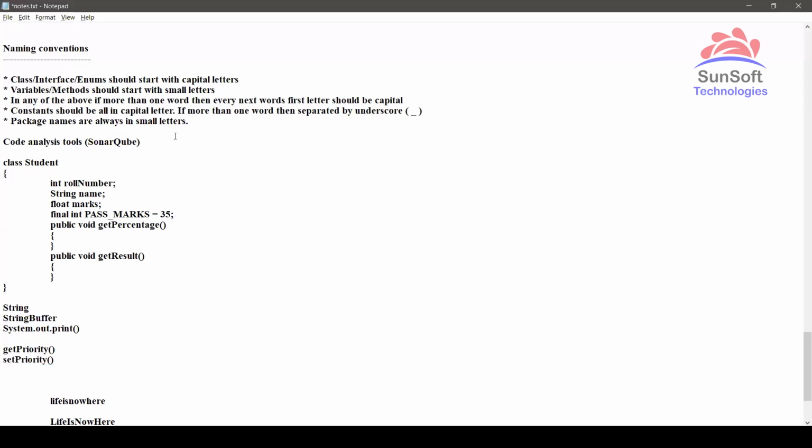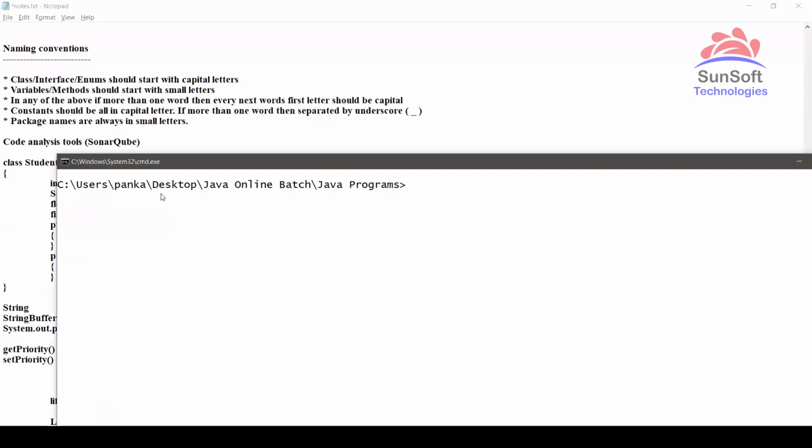Now, one of the best things I'll show you now is how to see the details of any inbuilt class. To see the details of any inbuilt class, we have a tool called javap. Now see, javac, java, javap, all these tools are there in the JDK bin. So once you set the path to JDK bin, you can access all these tools. So javap and one of the root classes in Java. Root class means the superclass for all the classes in Java, that is the Object class, and it is present in the java.lang package. And Object, see, I'm typing O capital.